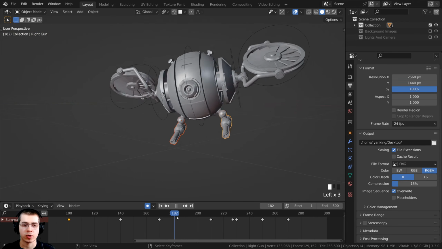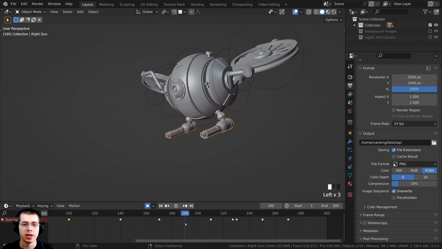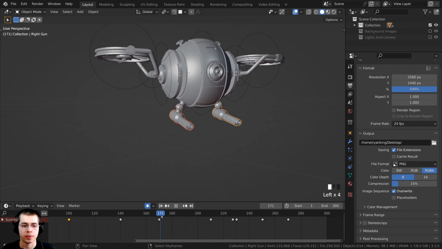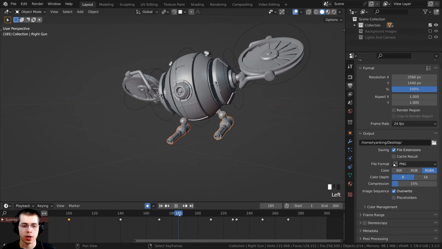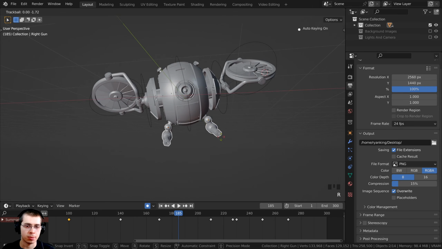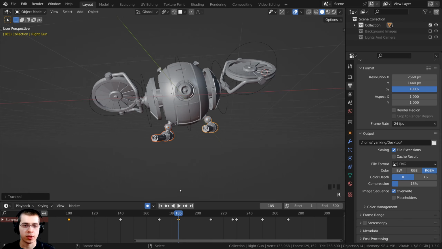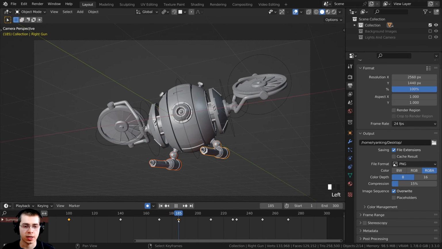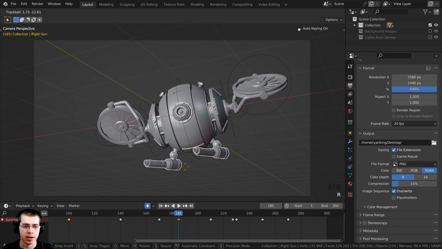So now I'm going to move over to when he swivels around very quickly, and I want the guns to be kind of pointed over because he's kind of looking for an intruder. So I'm going to move over to frame 185, and at frame 185 I'm going to double tap the R key, and I'm going to rotate these together, and I'm going to rotate them over this way, and then I can kind of play back at that. So now he kind of rotates over and the guns kind of move over first, maybe rotate that even farther,